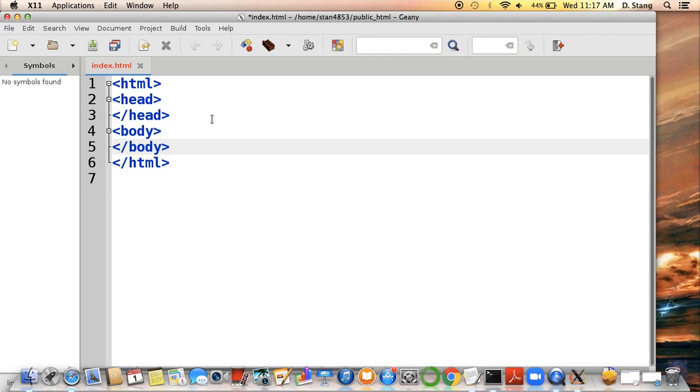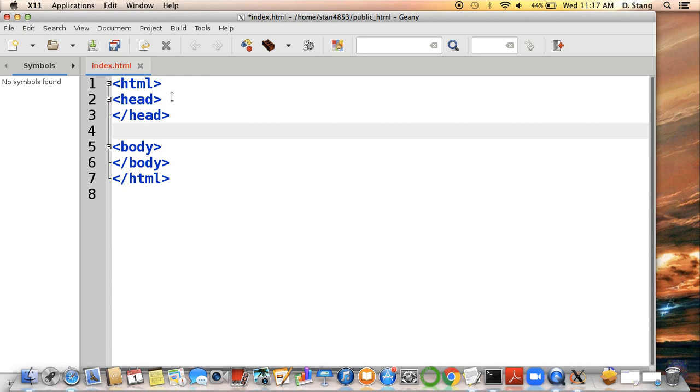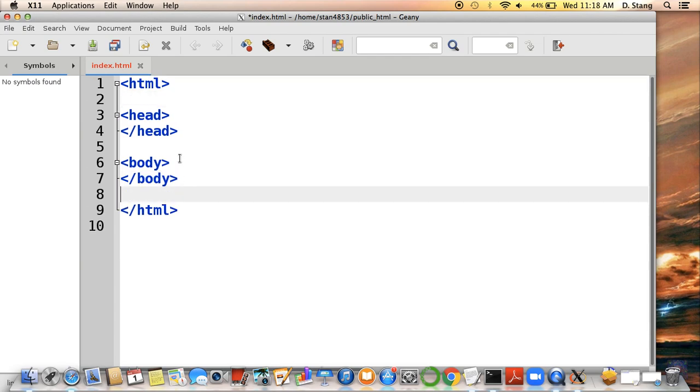So I'm introducing a whole bunch of HTML tags here. And let me go ahead and add some extra spacing here so it's a little bit more readable. So the HTML tag, which is the one at the very top here, basically marks the starting point for all the HTML content, and then this one down here marks the ending point for all the HTML content. So all the web page content should go in between the opening HTML tag and the closing